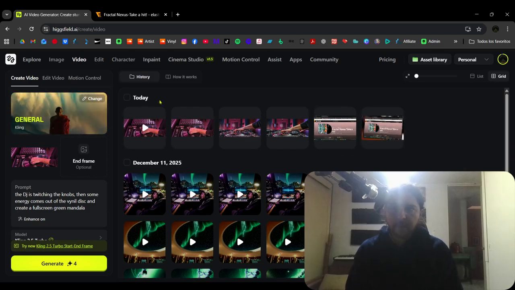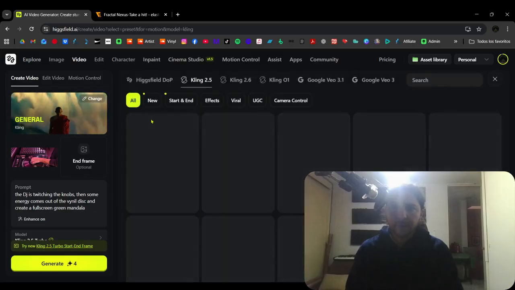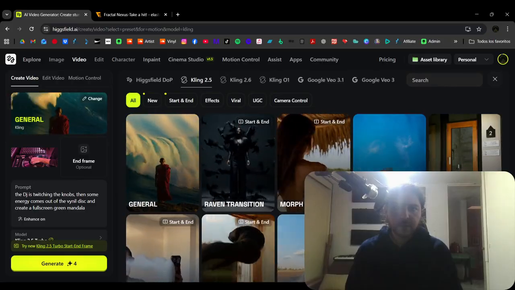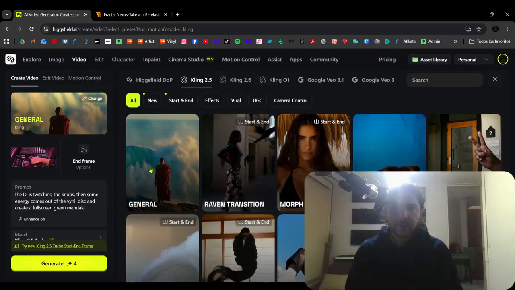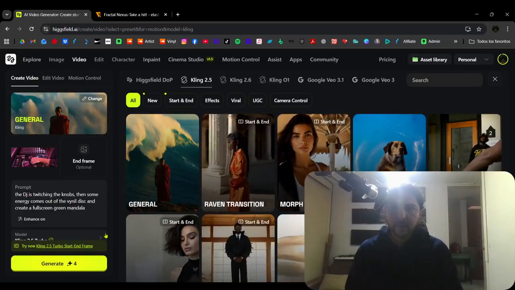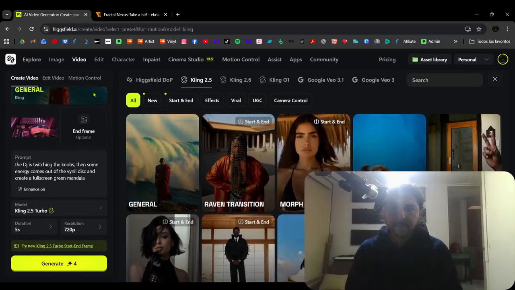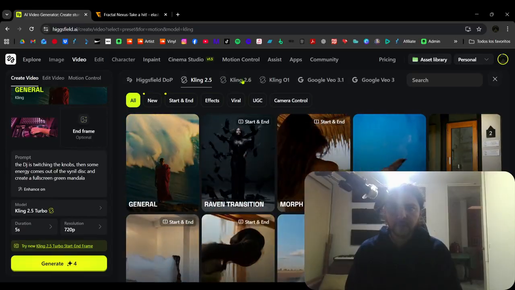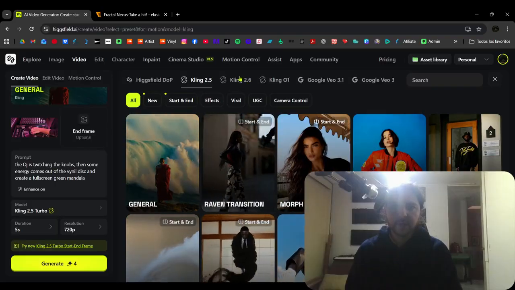I want to say that Higgsfield has a lot of models. Here you can see, for example, the transitions, the styles, as well that you can change the model. For example, Kling 2.6. This one is